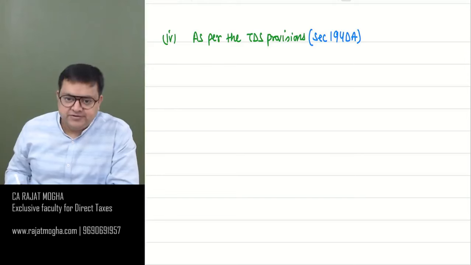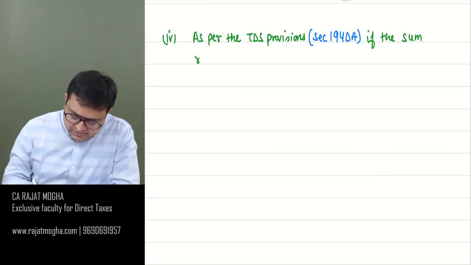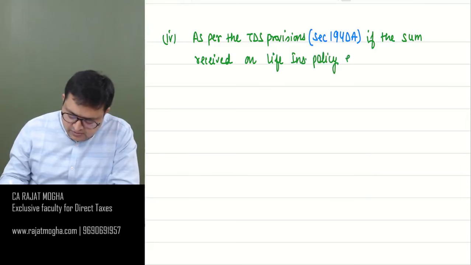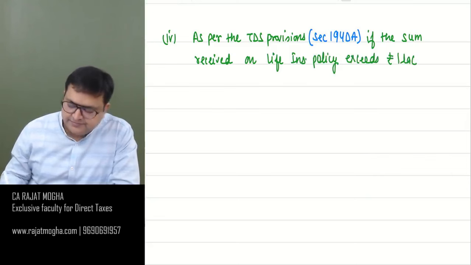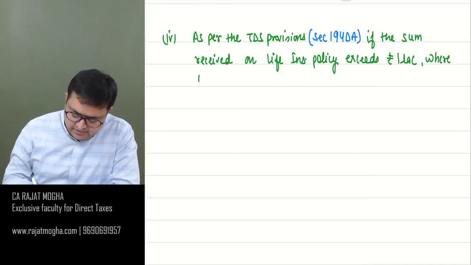As per the TDS provision, if the sum received on a life insurance policy exceeds rupees 1 lakh, where the premium is